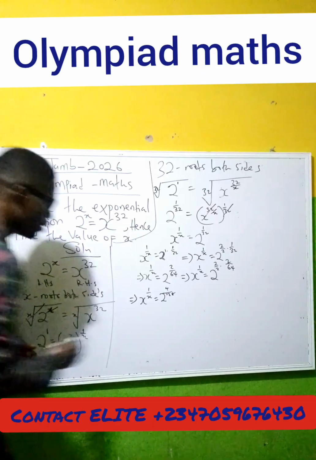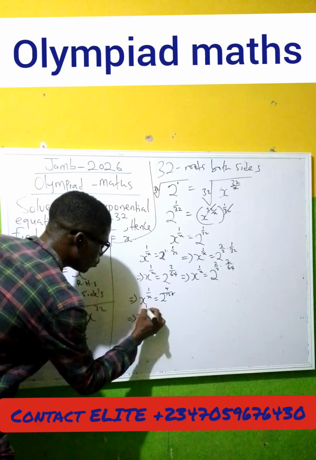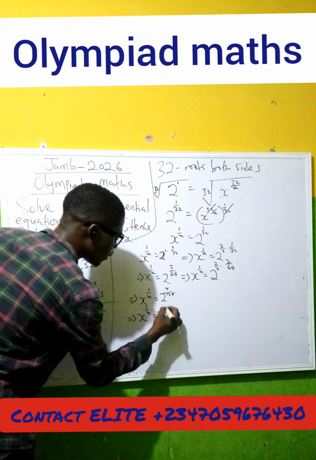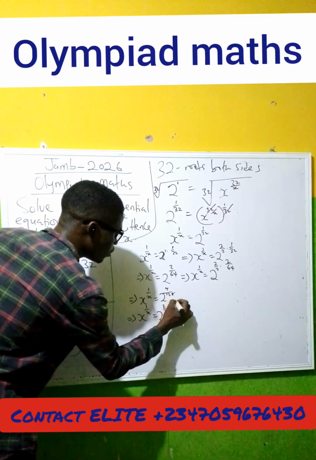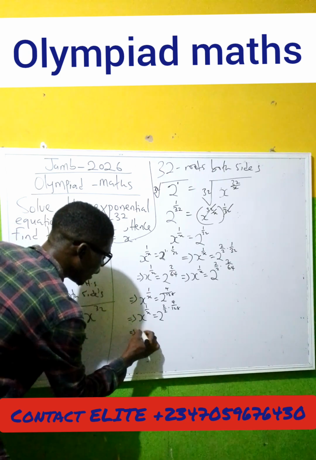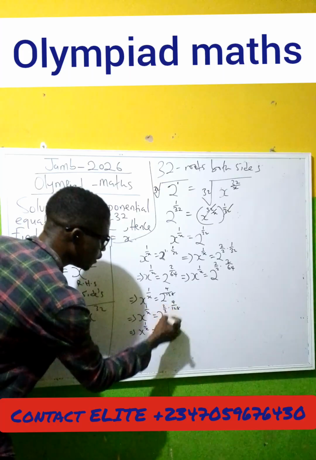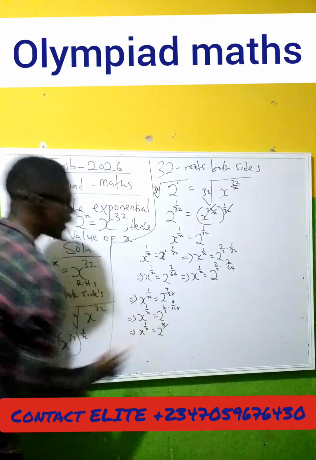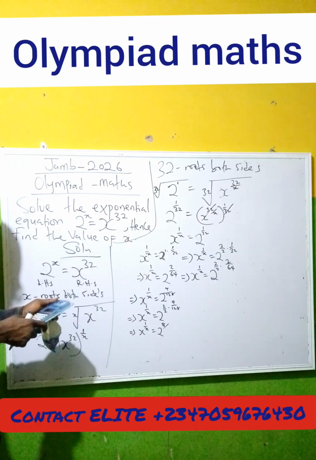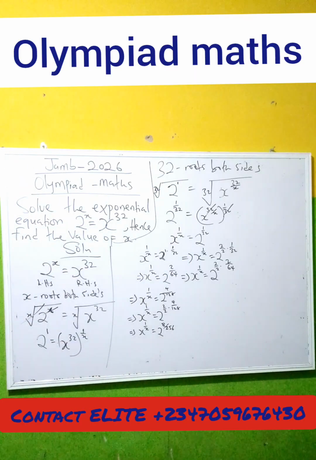We are almost there. So we will repeat the same process again. 1 over x is equal to, we repeat the same process we did here. So that will be 2 raised to power 2 again divided by 2 times 4 over 128. So now we have x raised to power 1 over x is equal to 2 raised to power, this one is 8 divided by 2 times 128. 2 times 128, we have 256. Now, looking at this question very well,